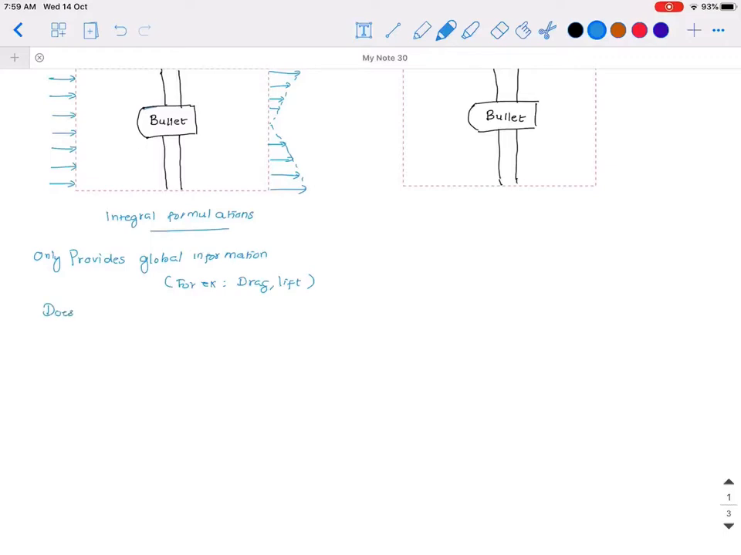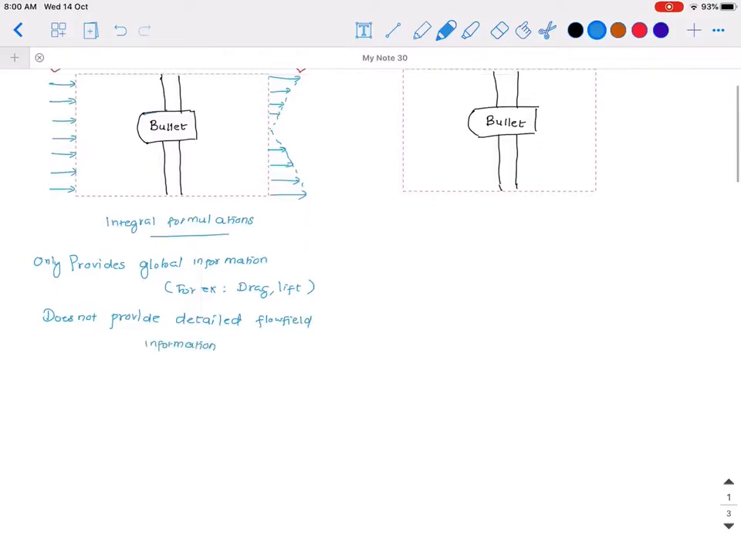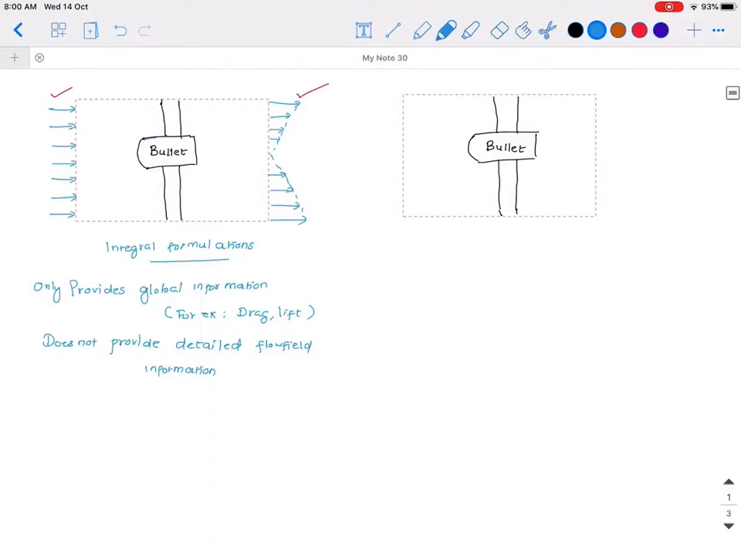It does not provide detailed flow field information. I hope you understand what I'm saying. So I'm just repeating. You have designed a bullet to experience, for example, 5000 Newton, but you designed it, you fabricated it, and you see that the bullet has experienced 10,000 Newton. What you get from integral formulation is just these numbers without having any details about why such a drag